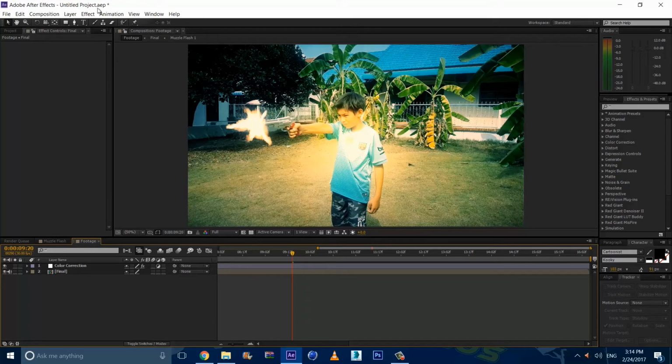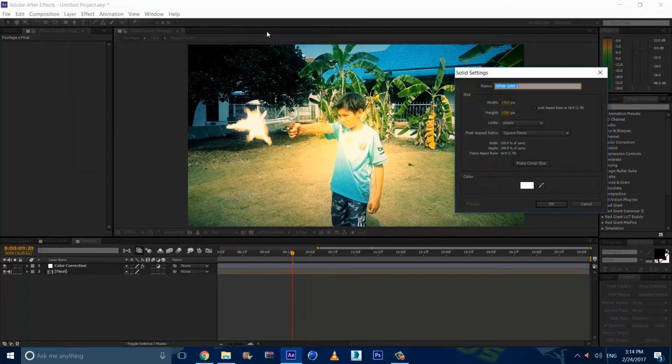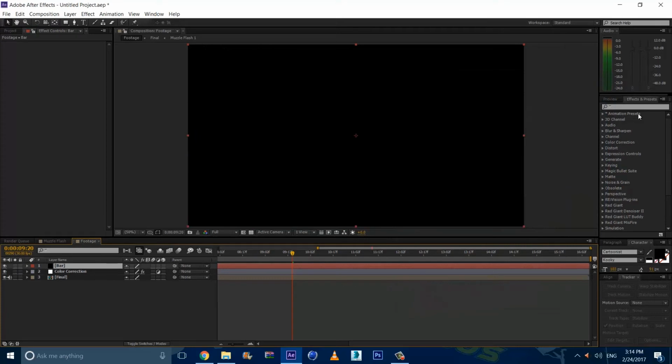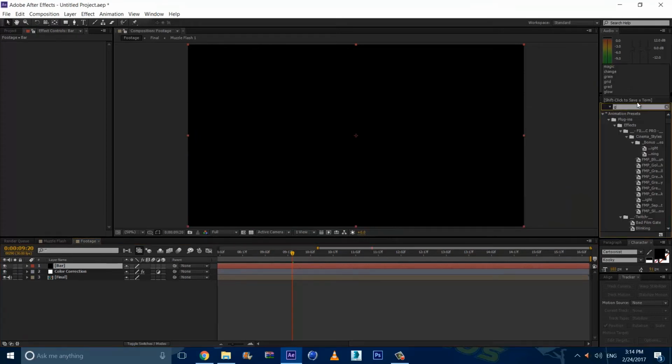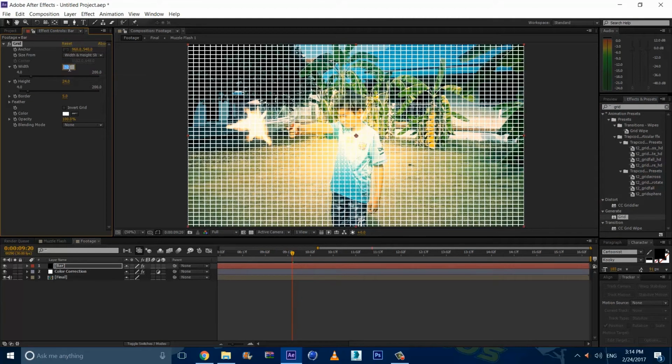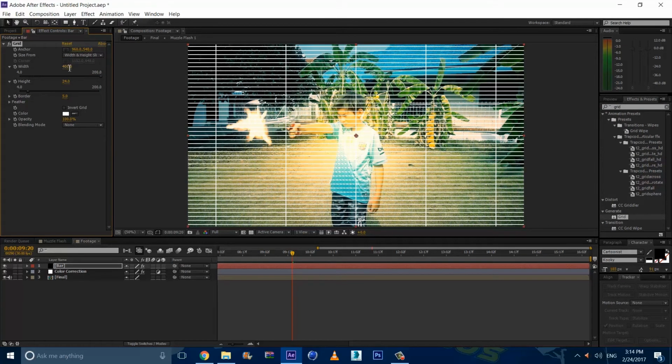So you can also add bars by going to layer, new solid, name this bar, and change the color to black, but it really doesn't matter. Now we're going to effects and presets and type in grid. This is an effect that I saw on YouTube. So just drag it in, change the corner point to width and height sliders, change the width to about 4,000. The height to your height resolution, so mine is 1080,